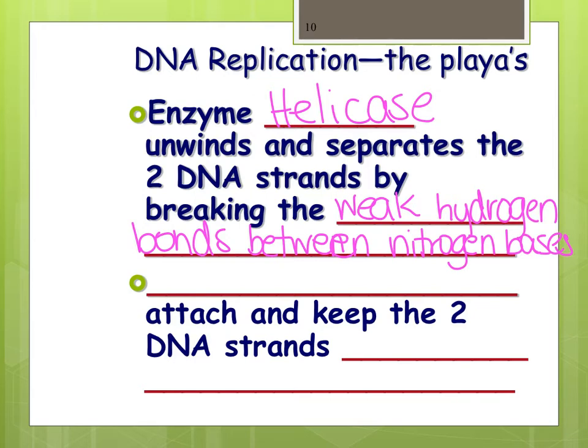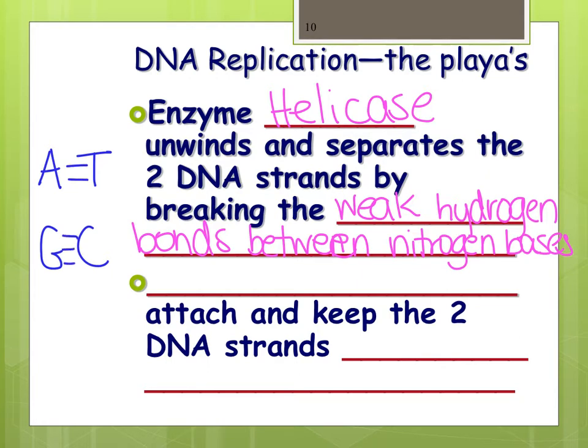Just in case I've forgotten, we know a purine always goes with a pyrimidine. So A always goes with T, and G always goes with C. Who told us that? Chargaff. So it's also called Chargaff's rule, or complementary base pairing. Those two terms are synonymous. How many bonds are between adenine and thymine? Two. How many between guanine and cytosine?